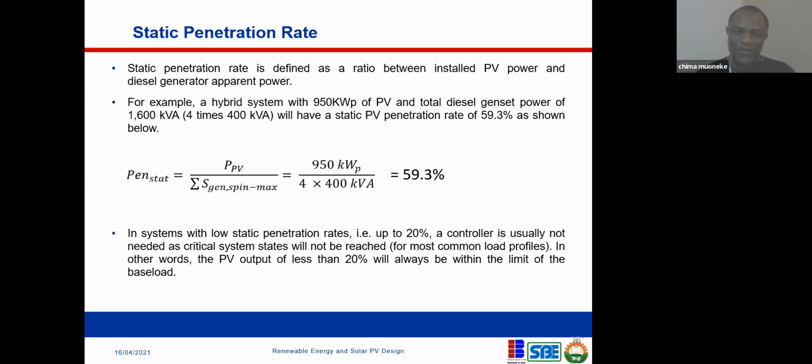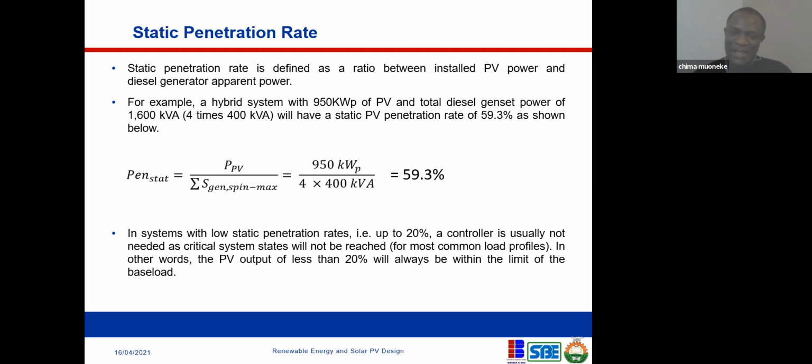So if the base load of the facility, for example in this case, is 1,006, then 20% of 1,006 will give us 320 kVA. So if you install a PV system of 320 with this generator, what it is saying is that